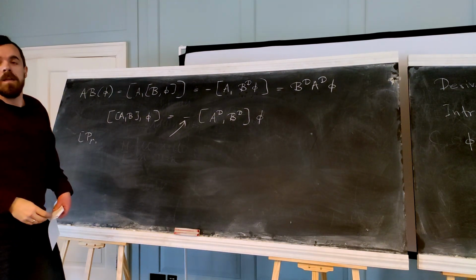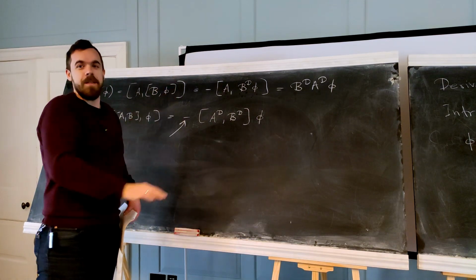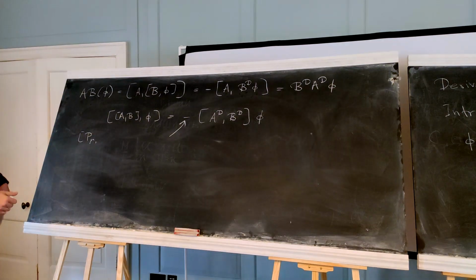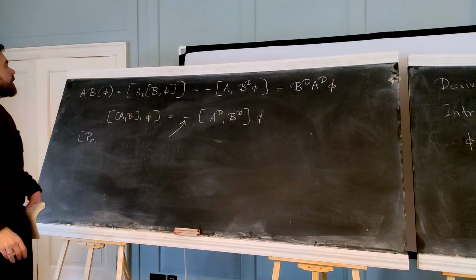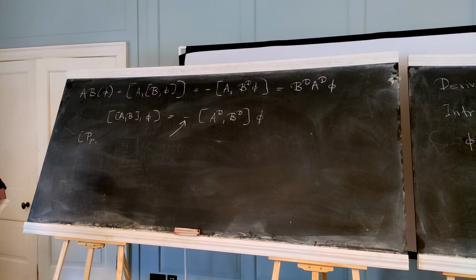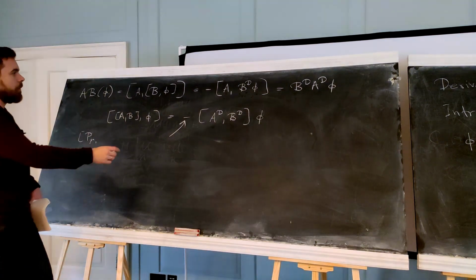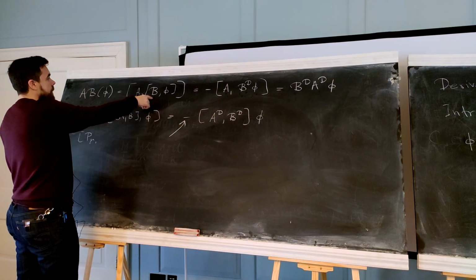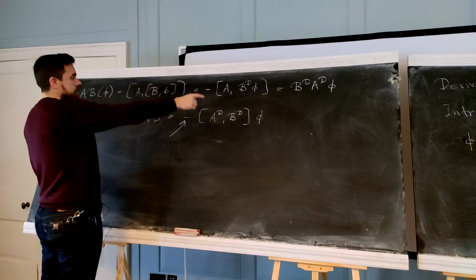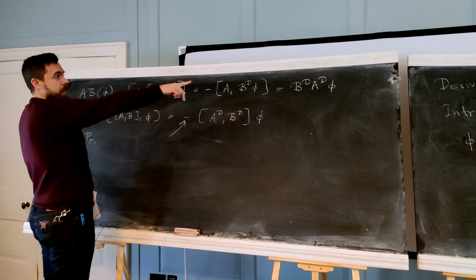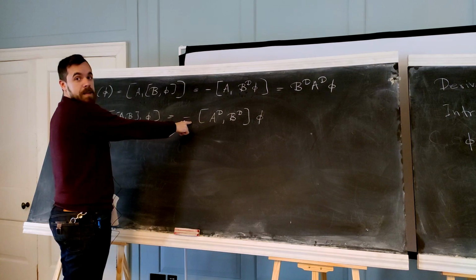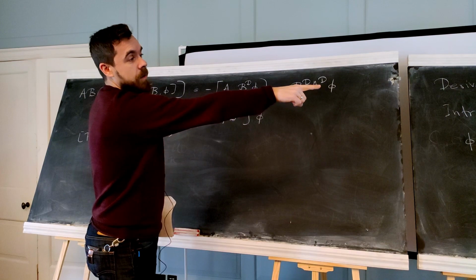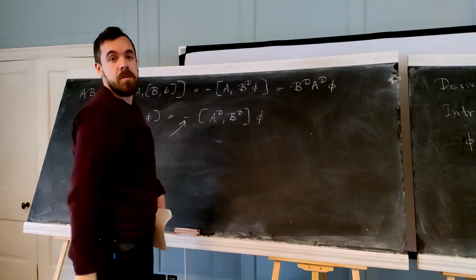They have to end up in the opposite order. Yeah. Sorry, I missed the step where we go from the commutator of B and phi to B to the power of D. Why? Well, I applied it both times. Like, one commutator is this, the other is this exchanged. But since I get them in the opposite order, I'm going to have the minus sign. If you didn't have that minus sign, you wouldn't be able to get this minus sign, right? And it wouldn't be consistent with that over there, which we showed.